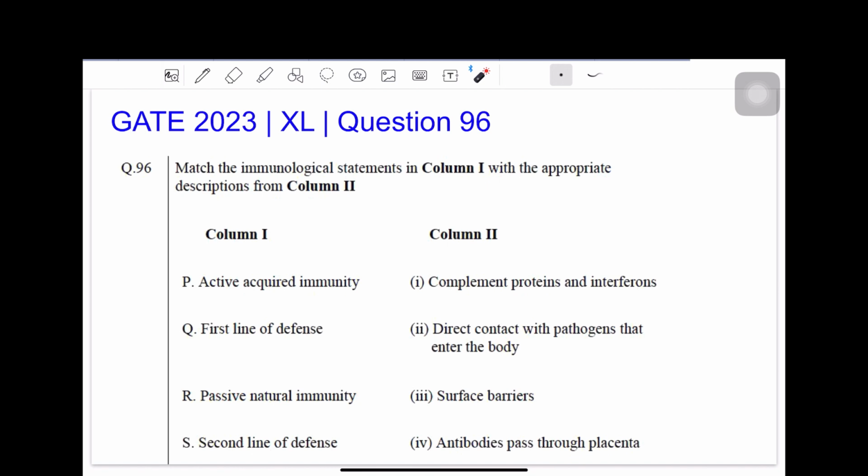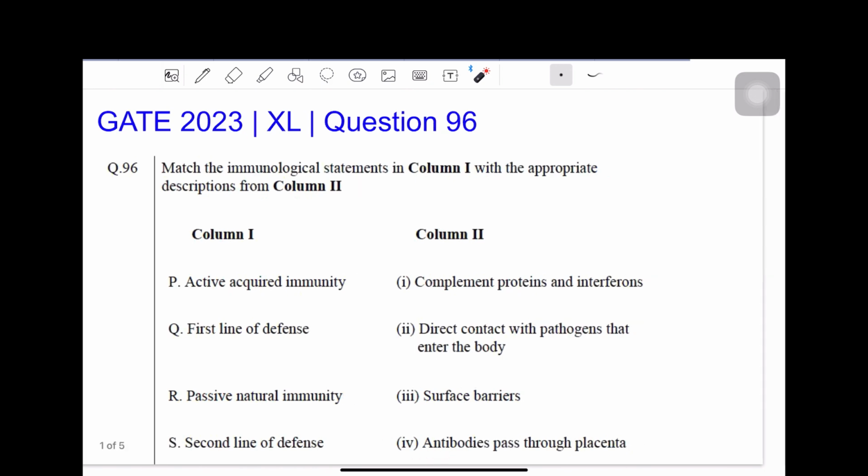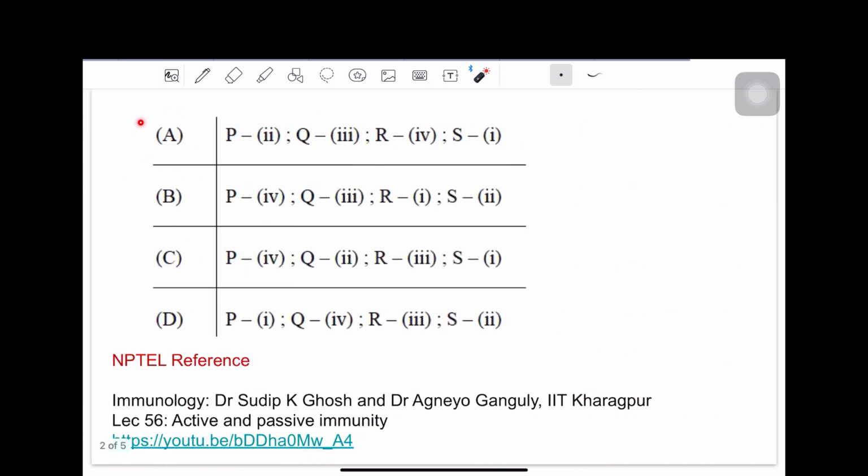These antibodies that cross the placenta from the mother reach the fetus and protect the fetus from any pathogens. So, this is also a type of passive immunity because the fetus is directly receiving the antibodies from the mother. So, R can be matched with 4. In option A, which we have already discussed, R is matched with option 4. So P is 2 and R is 4. These two we have already